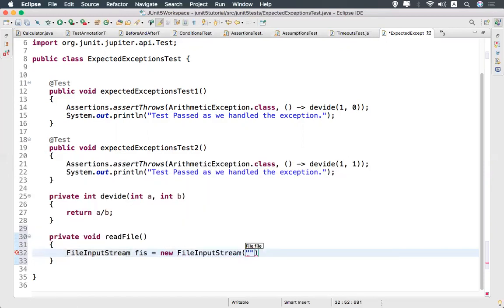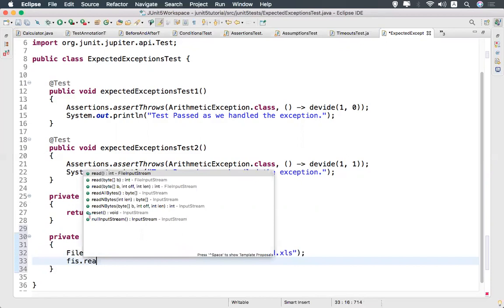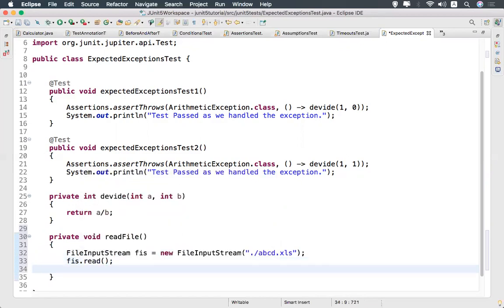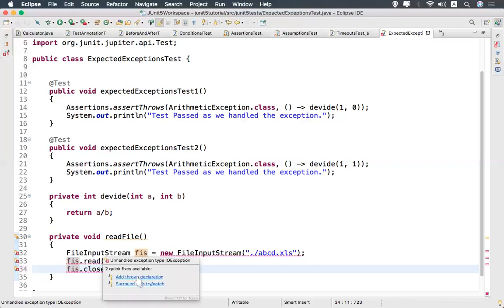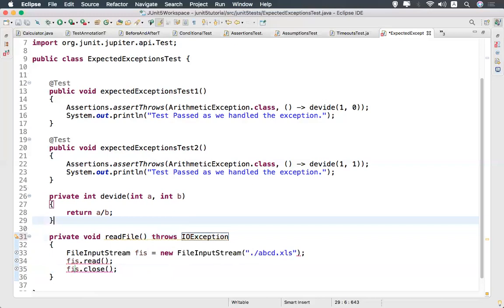I'm just giving slash abcd.xls, some dummy file. Then fis dot read to read the file, and fis dot close to close the connection. Just a dummy example. To see another exception, it will throw IOException.